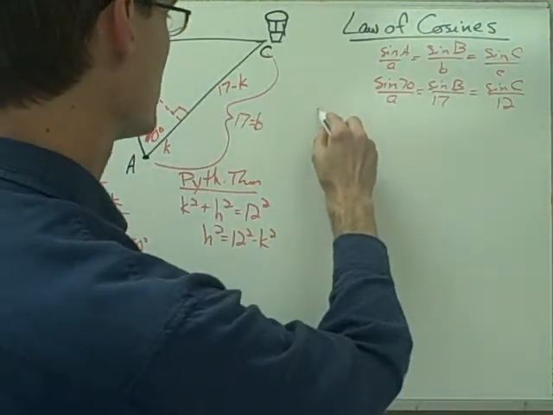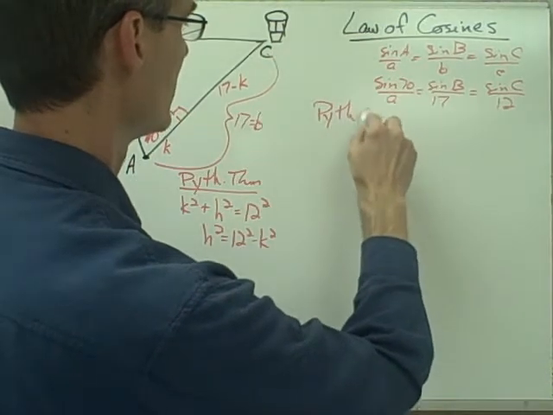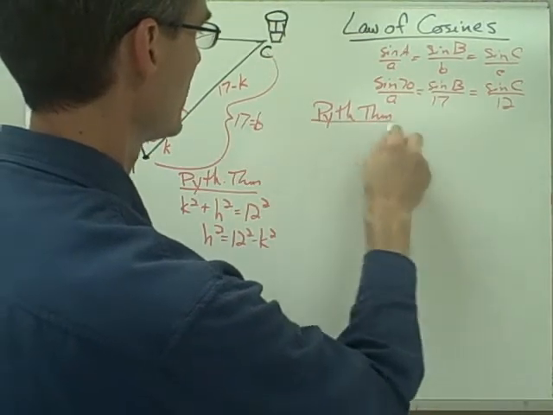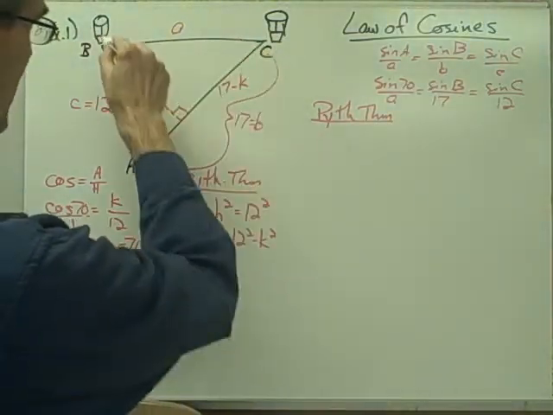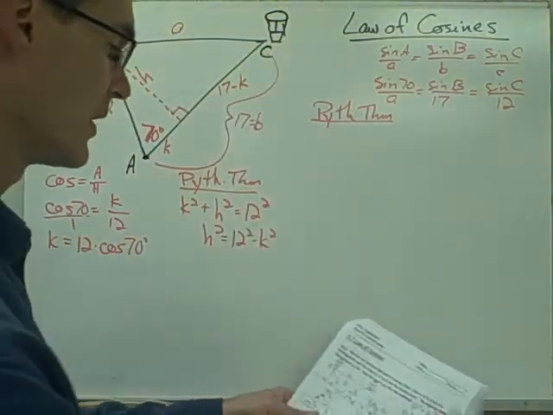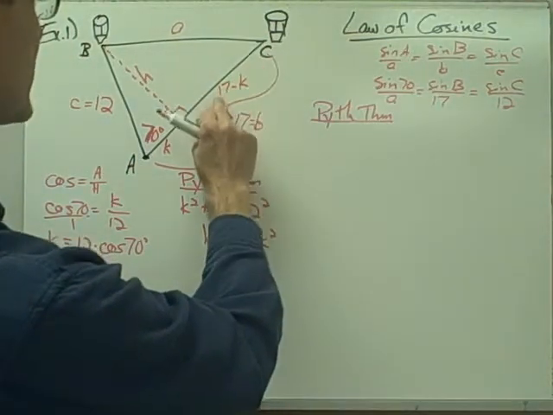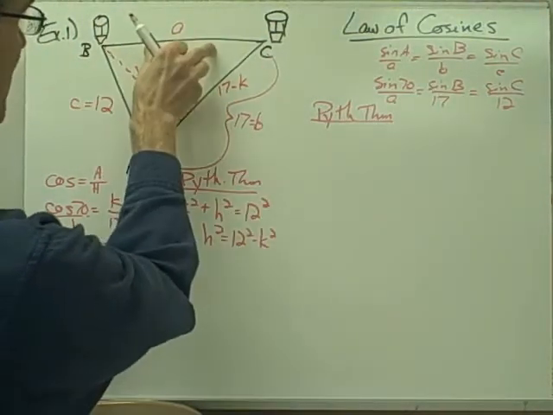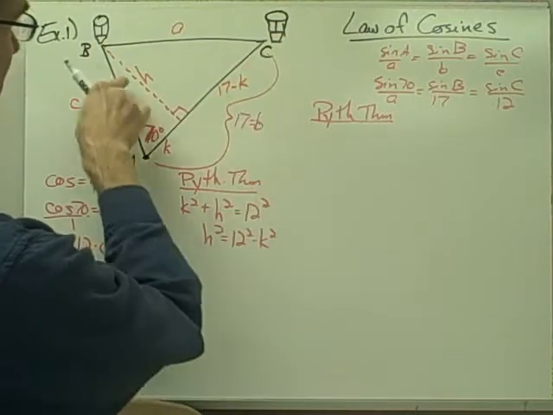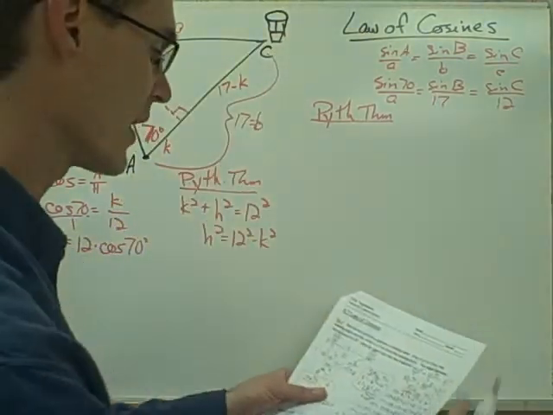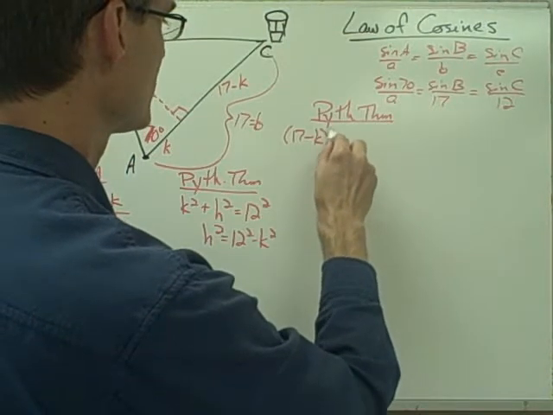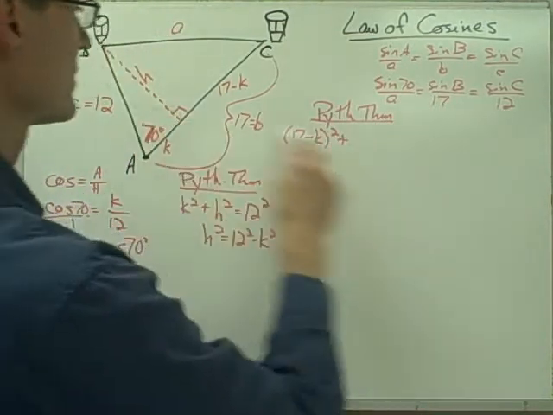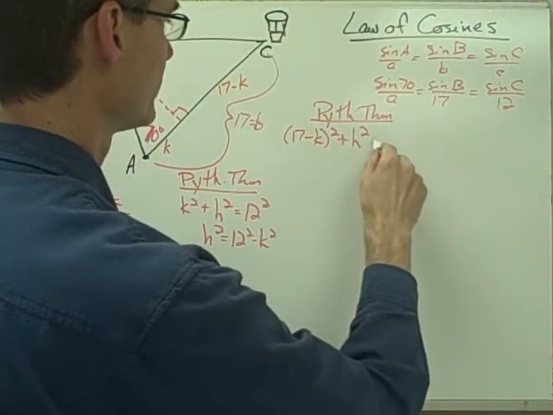Okay, so let me set up my other Pythagorean theorem equation here. So now I want to set up a Pythagorean theorem equation with this other right triangle that I've got right here. So this side is 17 minus k, this side is h, and my hypotenuse is a. So this square plus this square equals hypotenuse squared. So that's going to give me (17 minus k) squared plus h squared equals